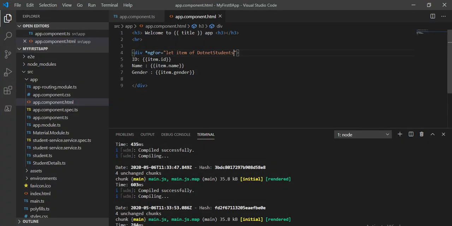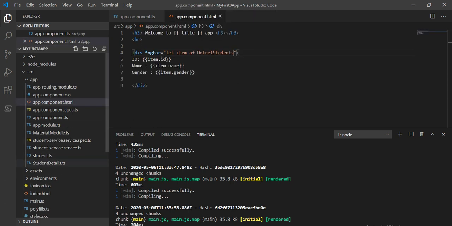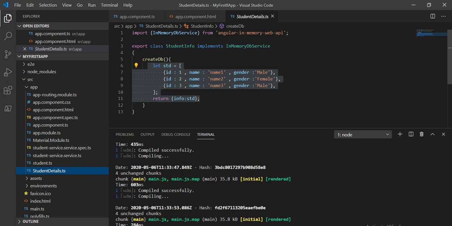In Visual Studio Code, in the last tutorial we created an interface file containing the properties id, name, and gender. Then for creating the dummy data, we created a student info class inheriting from the in-memory DB service, and here we write our dummy data.